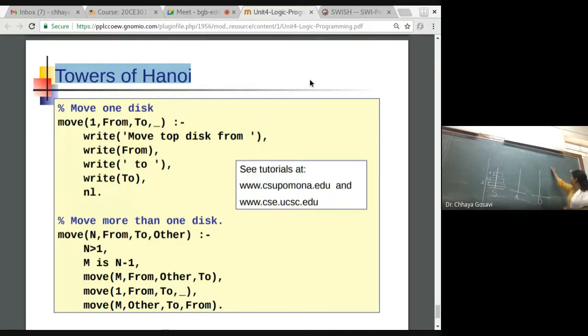So, what will be your first step? I'll write move one. That is, first disk from source to destination.